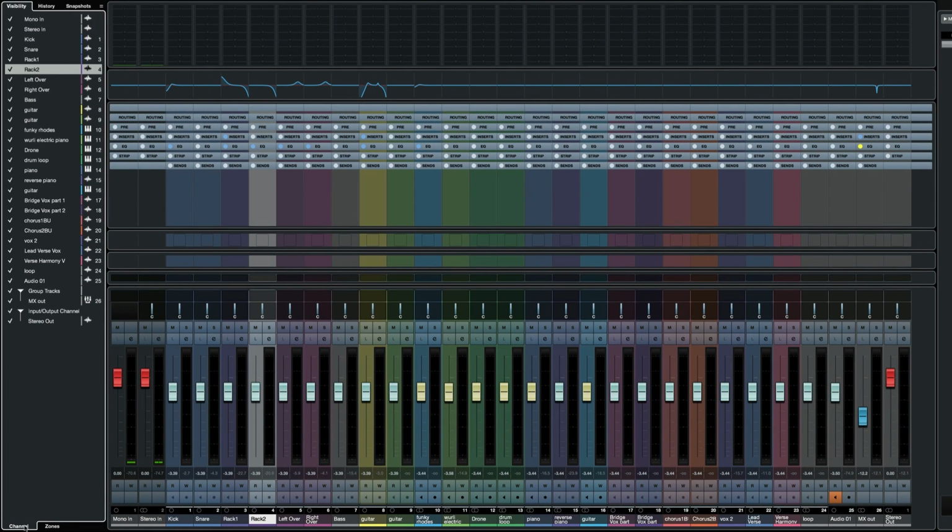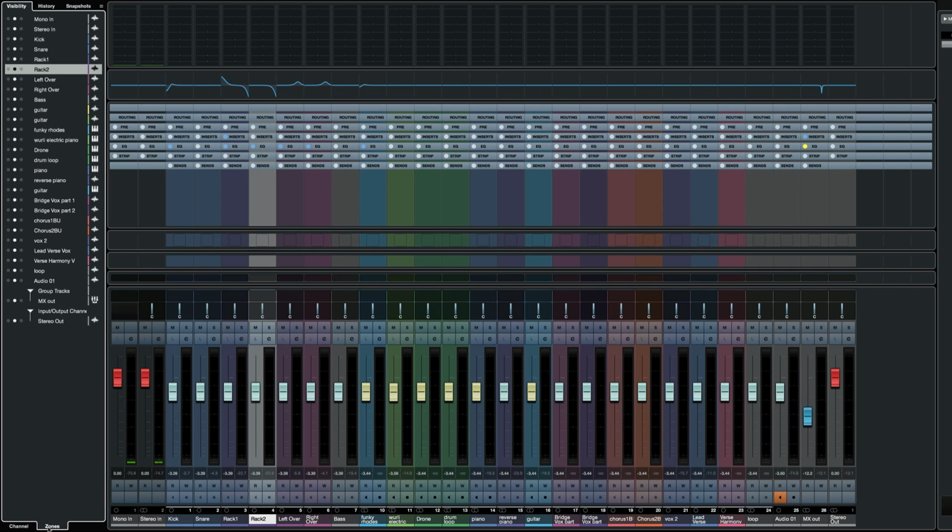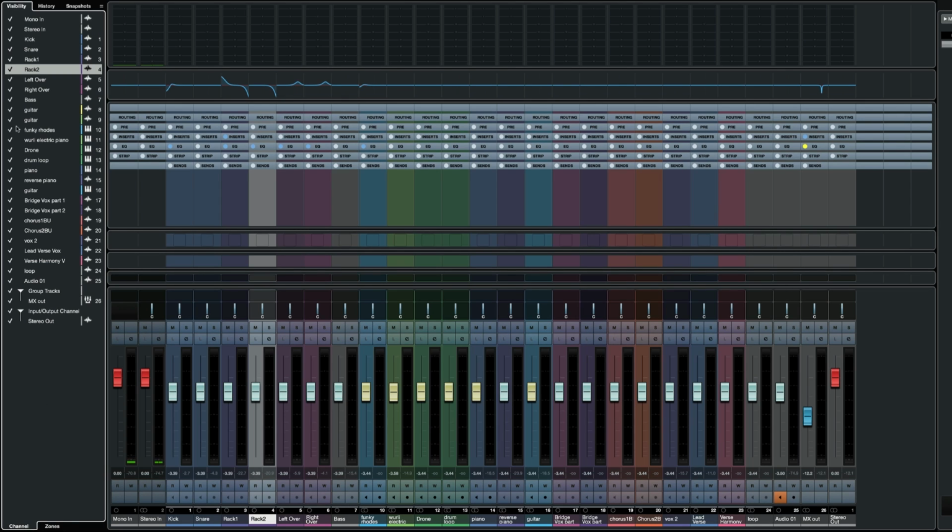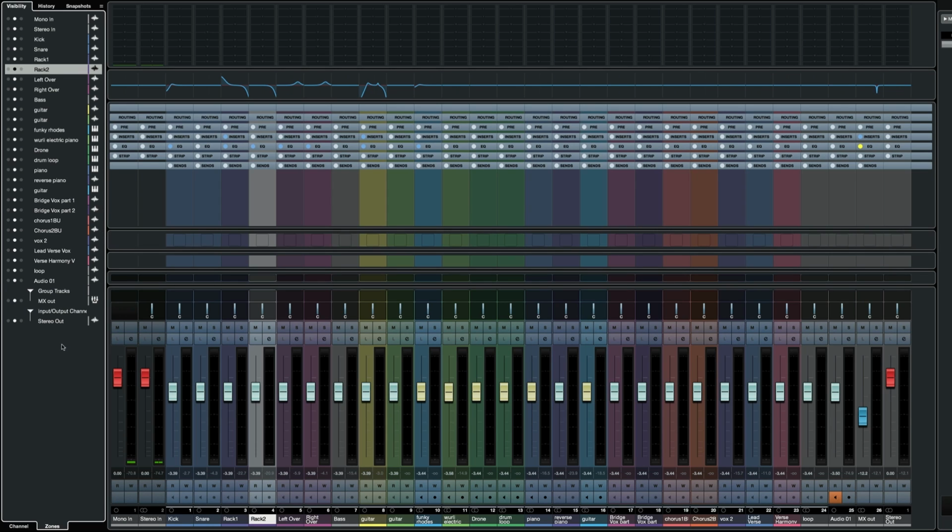If I go ahead and select channels and decide to hide the 2 guitar tracks and then tab to zones, you'll notice the guitar tracks are still there within the zone functionality, but they're obviously hiding from within the mixer. This always shows all the tracks that you've got in your particular projects, regardless of whether you're hiding some of these from the visibility. Now, what Zones allows you to do is kind of lock the fader or the track to a certain side of the mixer.